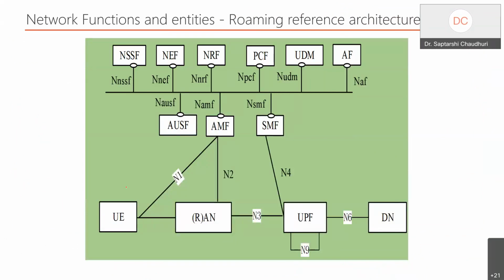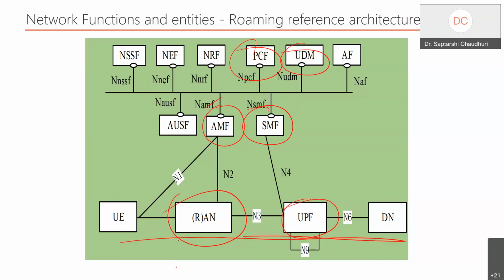Now we have just crossed this part of the RAN. And now you can think that the operator has to deploy the AMF, SMF. The policy server he has to define, and some bit of the UDM he has to define. And he can start off, roll out the first level, and he has to take the UPF into account. And the packet can go from the user to the internet like this.